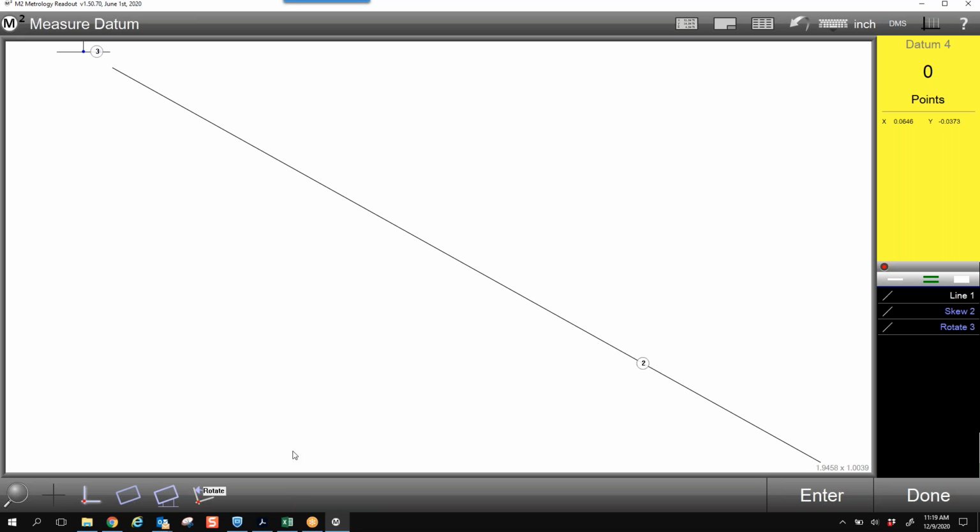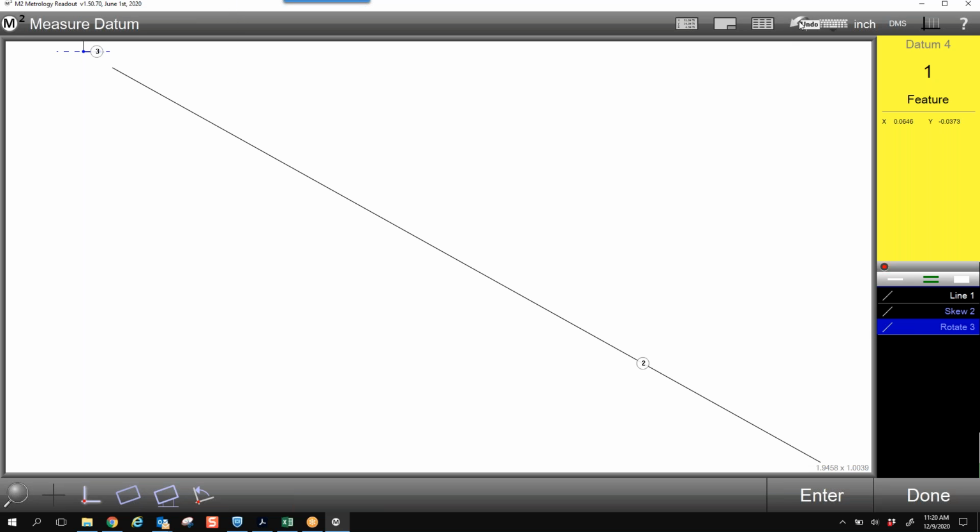Hey, Rick, I have a question. Instead of rotating around an angle, do you have the option to rotate around X and Y coordinates? So not offset X and Y, but actually rotate around X, Y, so it calculates the angle for you. Because that I see a lot in print. Yeah, so